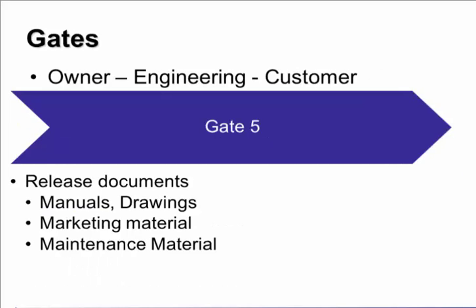So once the installation has occurred, you then need to go through a testing phase on site. This becomes an IAT, or installation acceptance test, where the engineering or the vendor still has the contractual control over the system, but has to prove to the customer the worthiness,